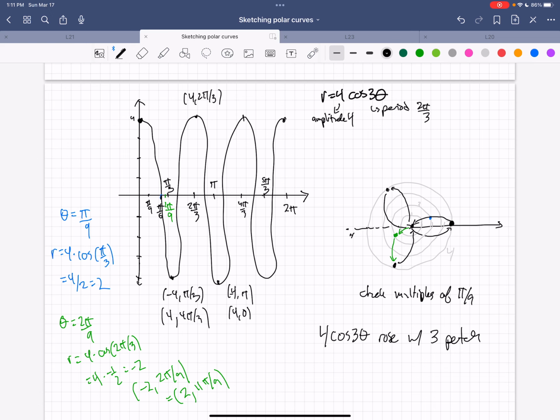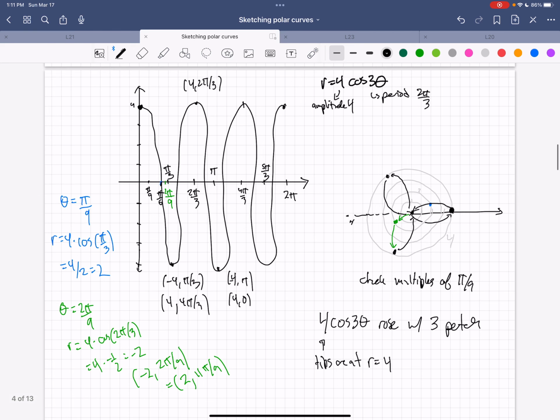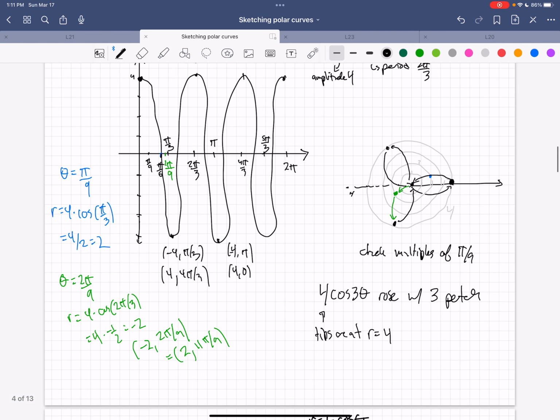And the cos 3 theta would just have the peak be when radius is 1. But now, because we've got the 4 in front, it just means that the tips are when radius is 4. So there's that one. I think I mentioned in class that whenever you have a rose that has cos, so like if r is equal to c cos n theta, you'll always have a tip of a petal